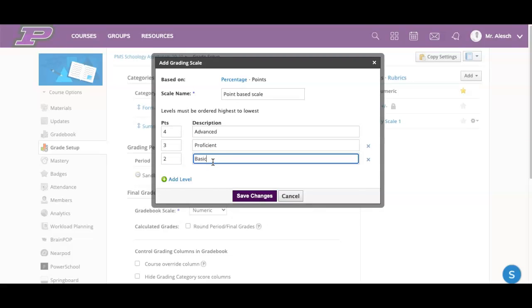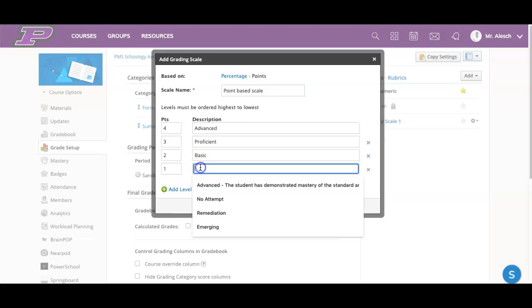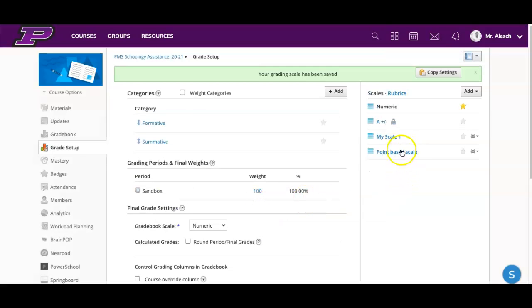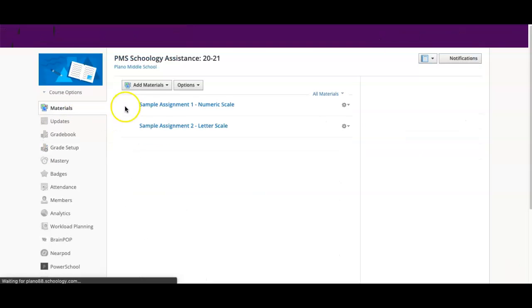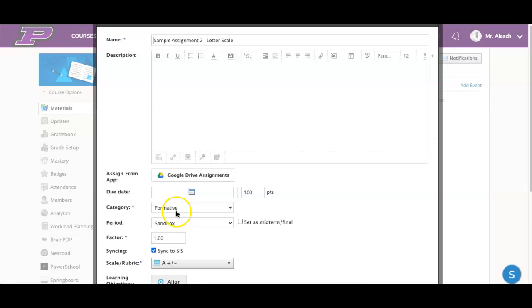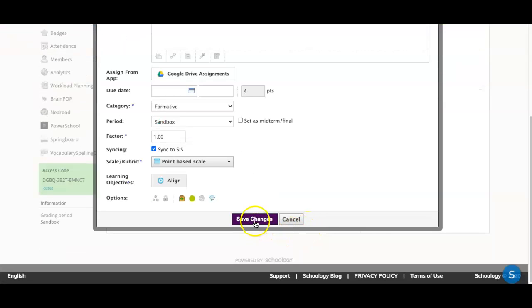standards-based and traditional grading. For most of us, I think we're going to be traditional, so I don't think any of this will apply. That's why I kind of cut the tutorial off earlier. But if you're looking to go into more of this type of thing, you can go ahead and create that scale. Now I have a point-based scale, and again, if I apply it to an assignment so that you can see what that looks like, if I used my custom created scale,